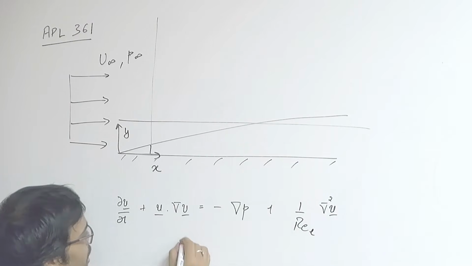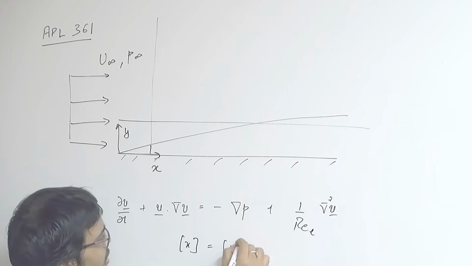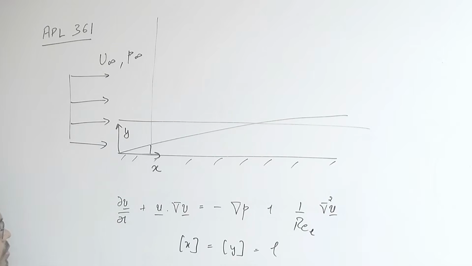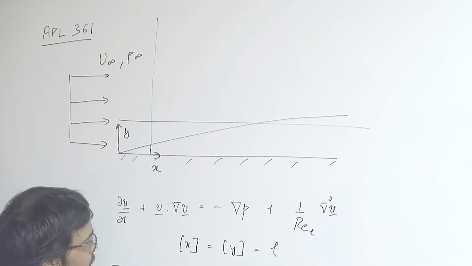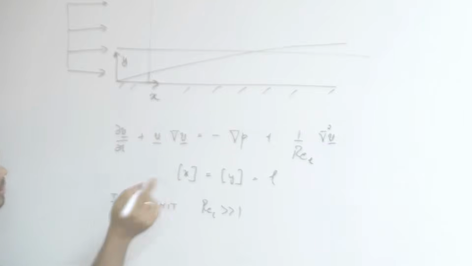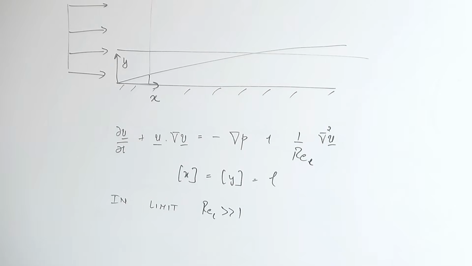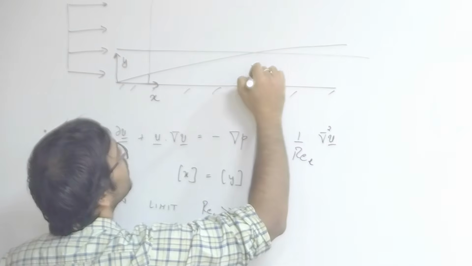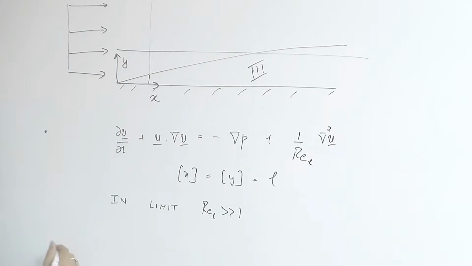So, this Re was Rel. They were derived by assuming this, and this doesn't hold. So in the limit of Rel much greater than 1, when you derive the equation, you get the inviscid equation, and that doesn't hold for the inner region. So you get an outer region solution. So you get, let's say, an equation that is valid in region 2, and after that